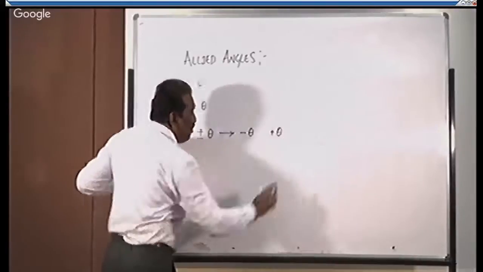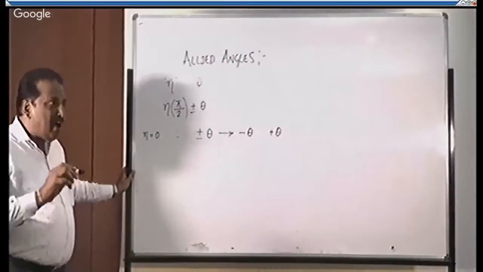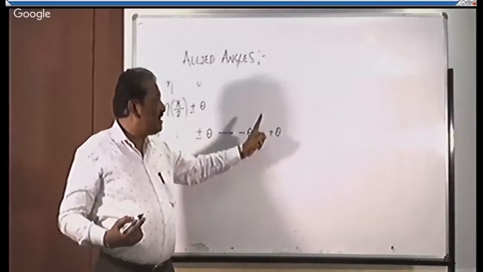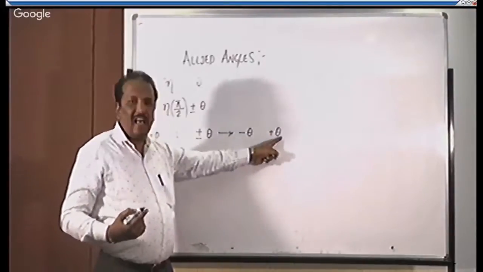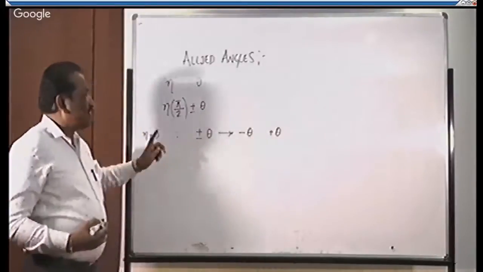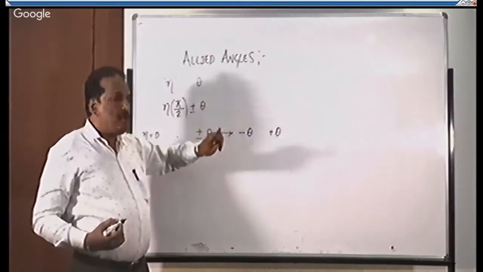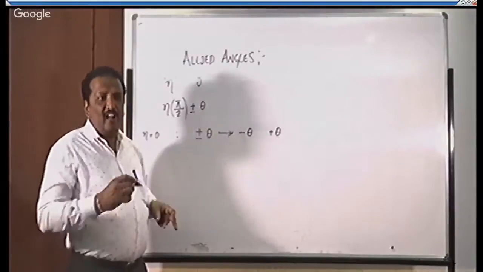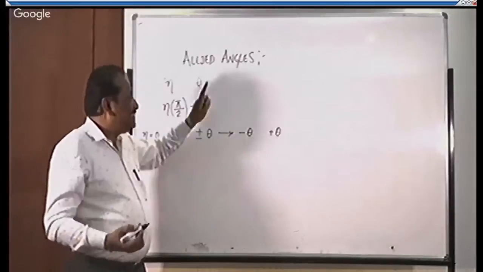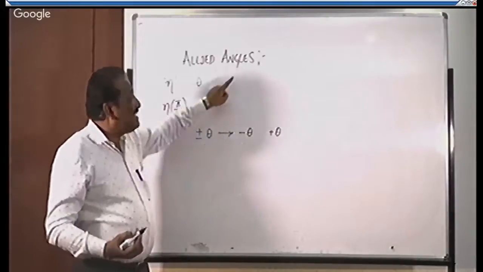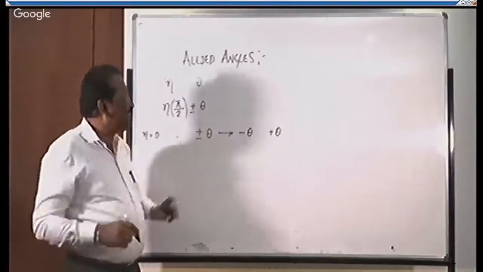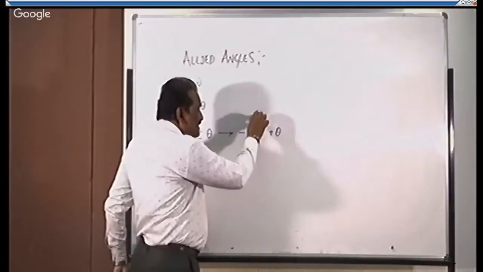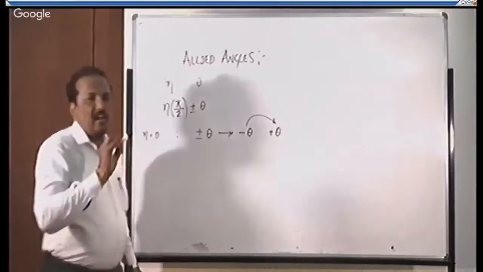We all know how the trigonometric functions sine, cos, tan and the reciprocals act for an angle theta. Now in this session we are going to connect all the trigonometric functions for a new angle minus theta, and finally we will come to know how this minus theta is related to theta. That is the intention of discussing the concept of the allied angles. How this minus theta is related to theta is our interest.